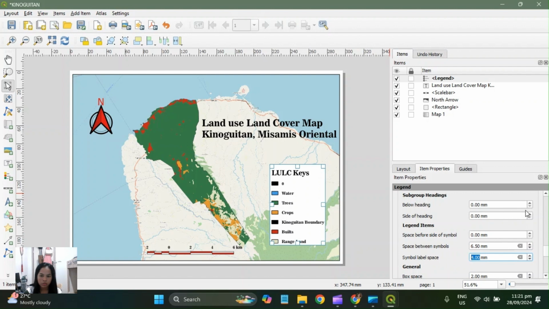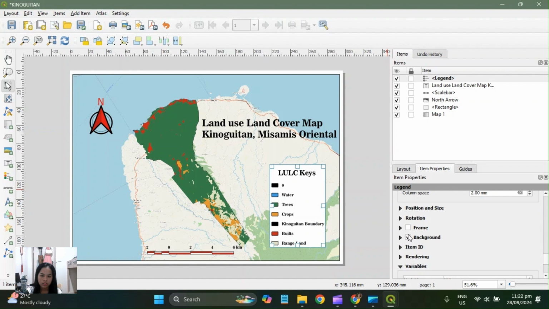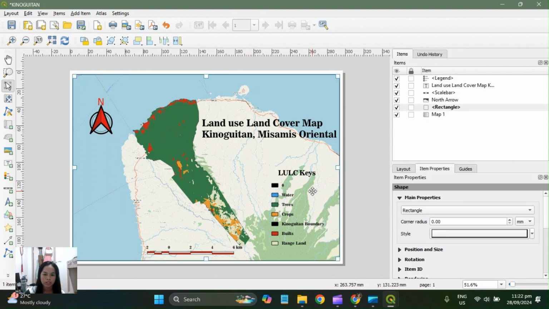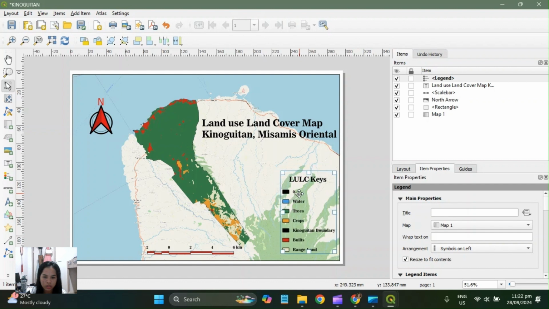And then for the subgroup, I would like it to be in center. That one. So we're done. We deselect this background. It looks good, it looks nice. We just need to put it in the right position so it looks nice.